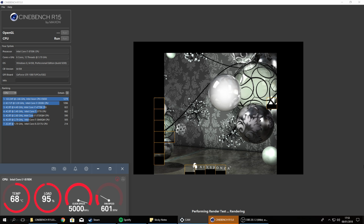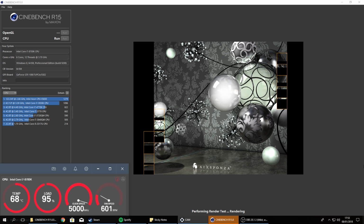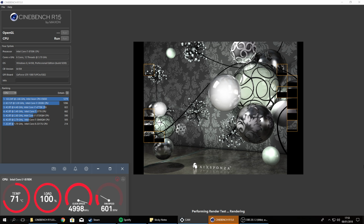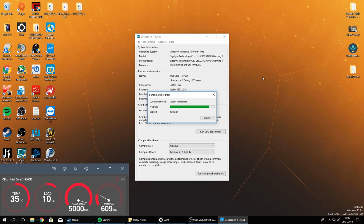You can definitely see that Cinebench is doing its thing here, and ultimately it will come down to a score of 1580 points, which is kind of a lot. I think it's a lot. It's fast. After that, I also did some Geekbench, and with Geekbench, I managed to get a score of, I